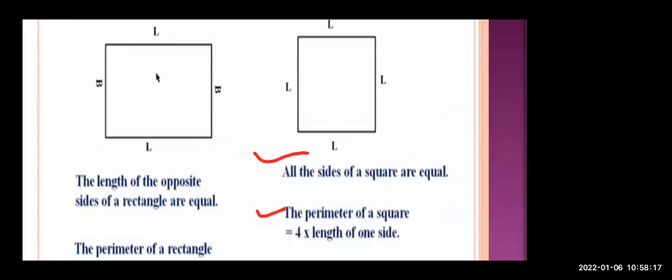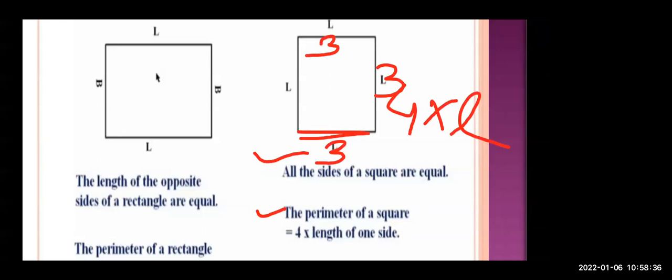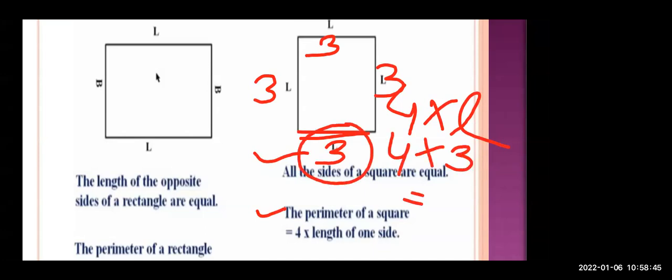Now, what is the formula for perimeter of a square? Perimeter of a square is 4 multiplied by length of one side. One side means अगर यहाँ पे 3 दिया होगा तो चारों साइड कितना होता है? 3 होता है. So 4 को किससे मल्टीप्लाई करना है? Length of one side is 3. So 4 should multiply by 3. 4 3s is how much? 12. Clear?